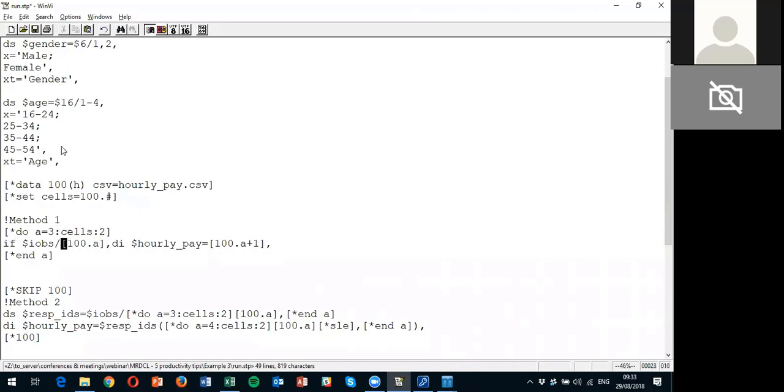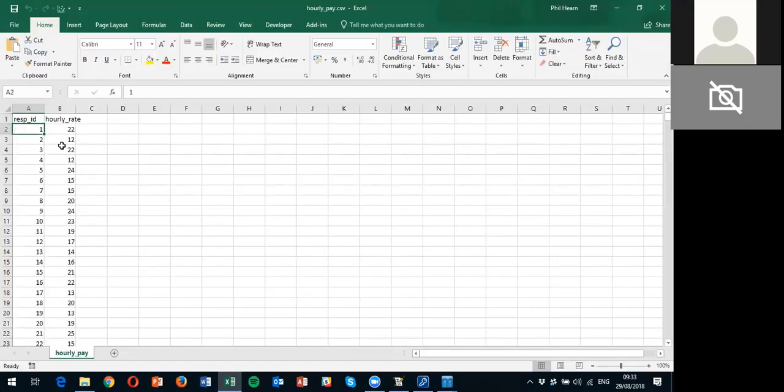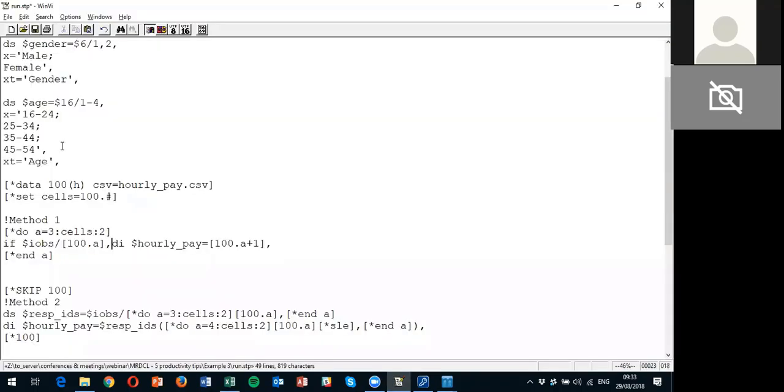And so what it's going to do, it's going to say, if the serial number is the first item in here, I'm starting at 3 because they're 1 and 2. If the serial number is 1, I want to set the hourly rate to 22. If the serial number is 2, I want to set the hourly rate to 12. Now that all works, and if we run that,